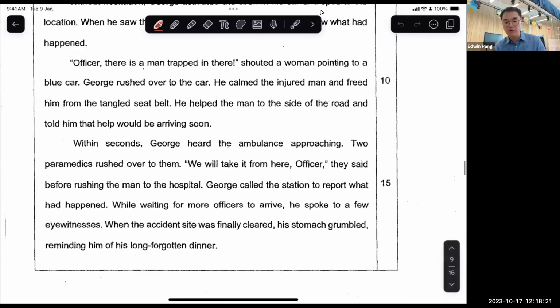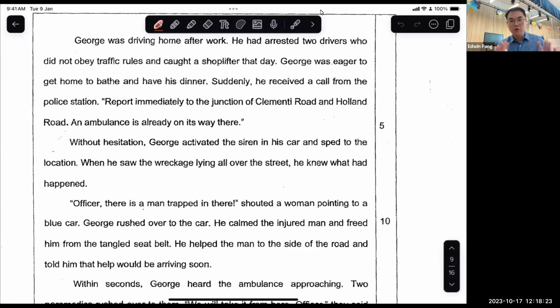So the first time you read your passage, you just read it. You don't need to highlight anything, read through at least once so you get a gist of the story. So right over here, gist, okay? Please write this on the margin of your passage, gist. Can all of you see Mr. Pang's handwriting? Okay, not your heads, good.